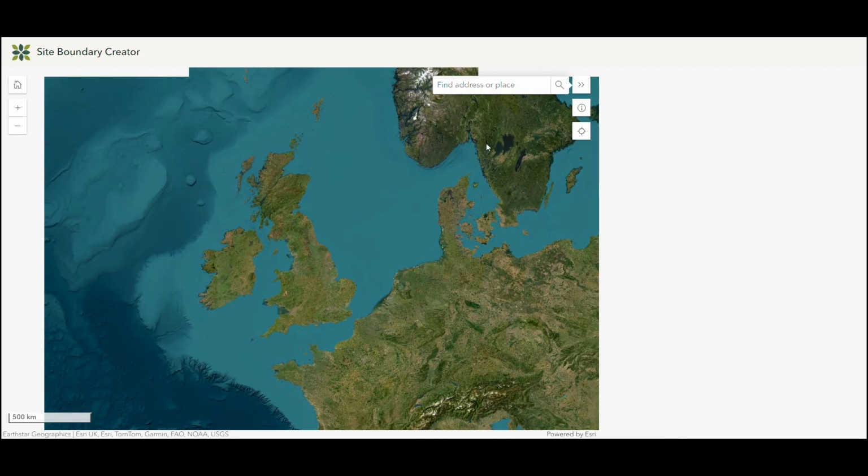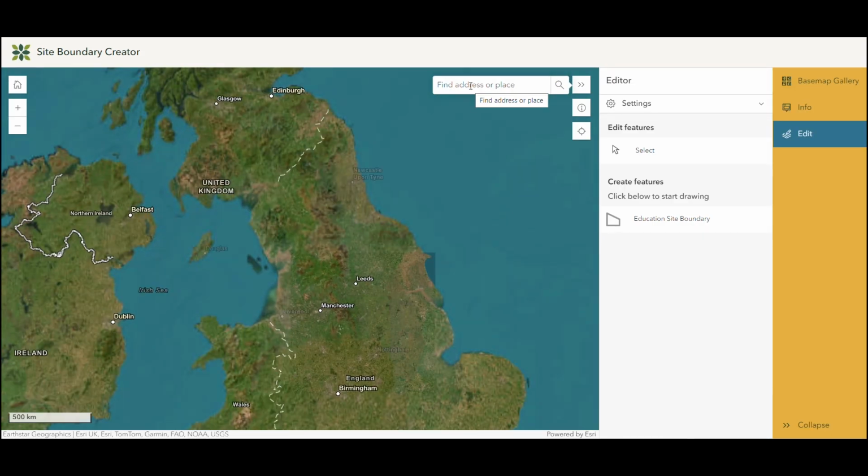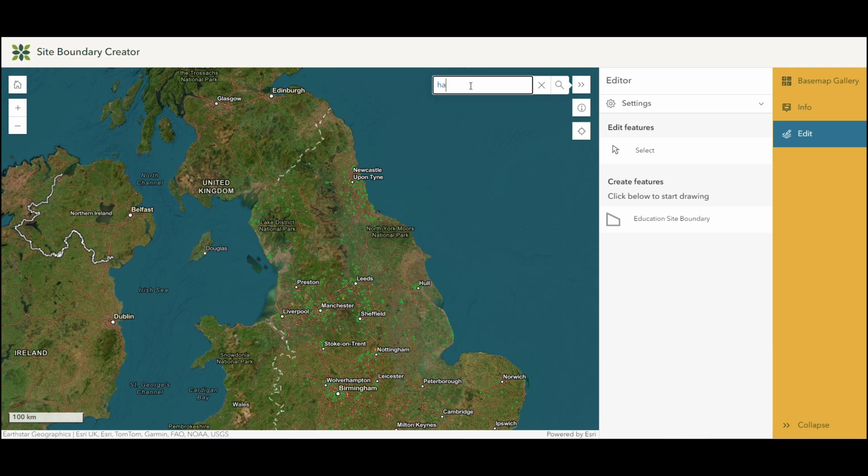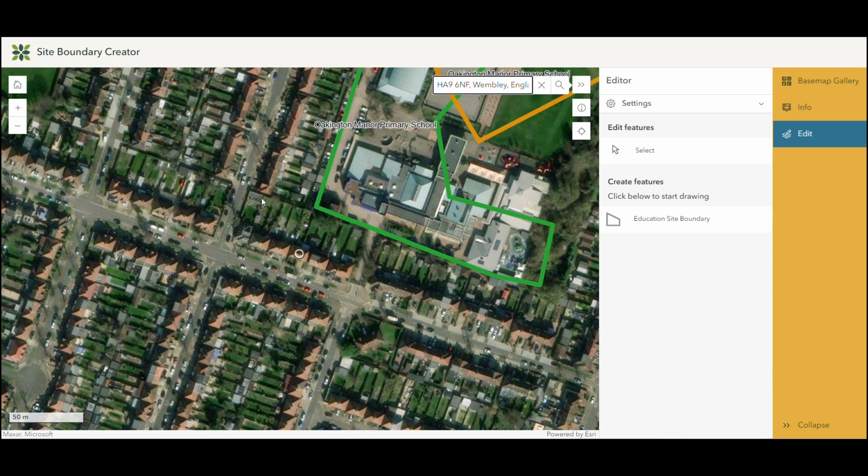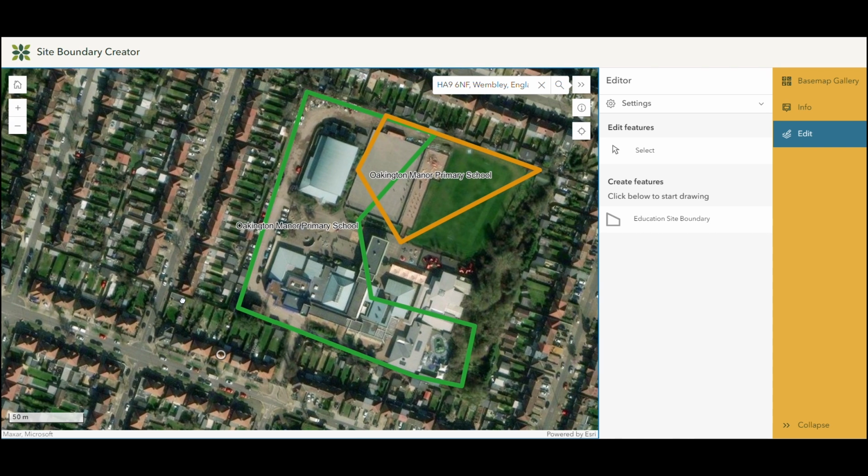This will launch the Site Boundary Creator tool. Then in the address bar, type in your postcode and this will take you to your site. So we have two issues on this site. The two issues are that I have two polygons overlapping one another and I do not have one polygon that